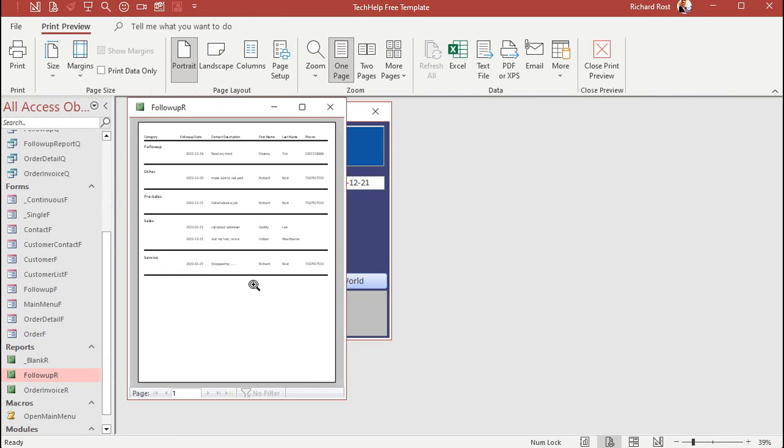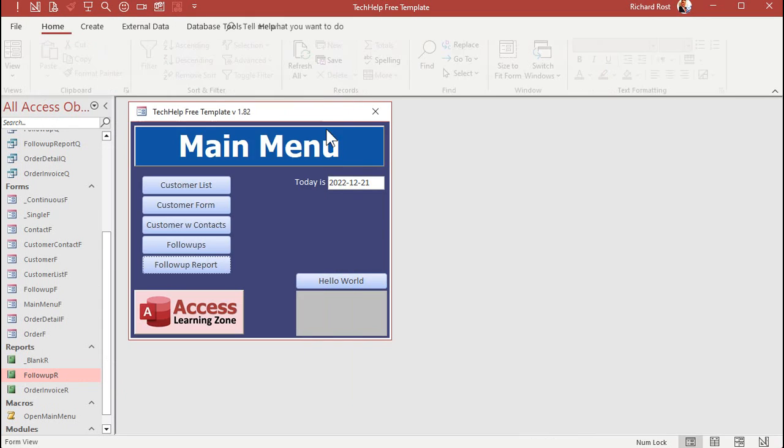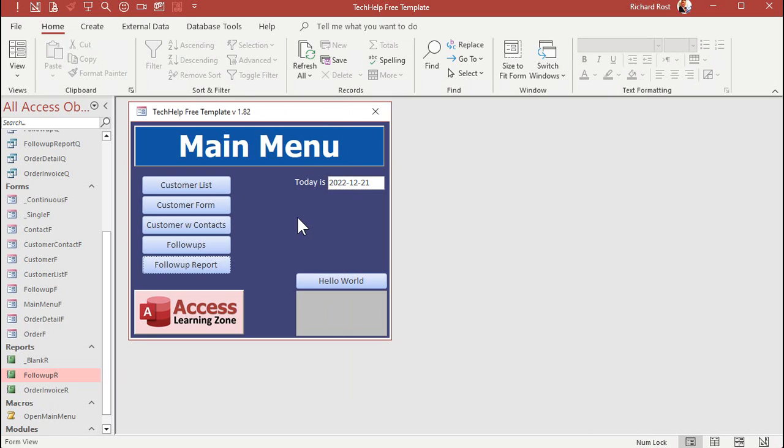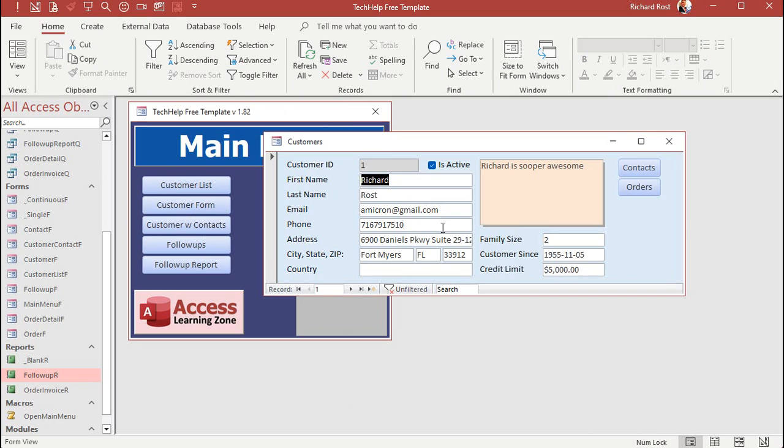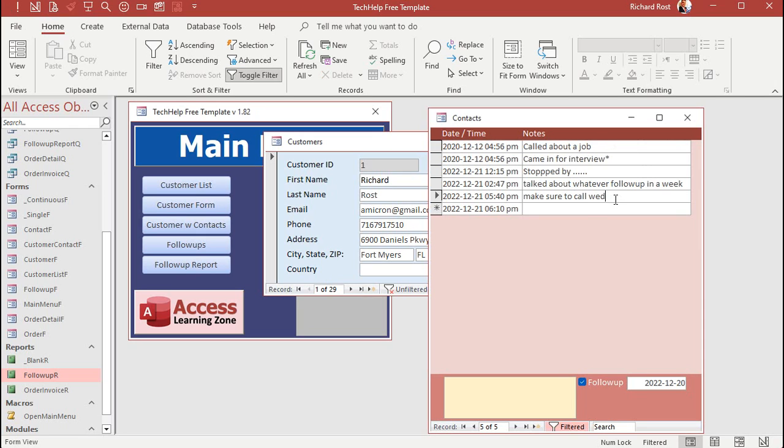There. If you want to actually print it, click the print button. Okay. One more thing we're going to do is that when we create, I mentioned this earlier in the video, when we create a new contact, and I want to set a follow-up category down here,